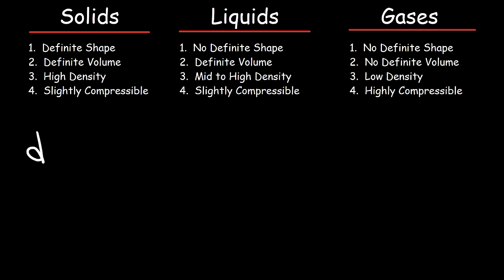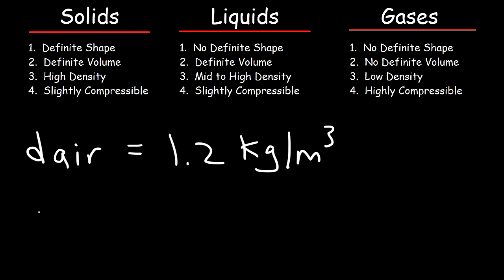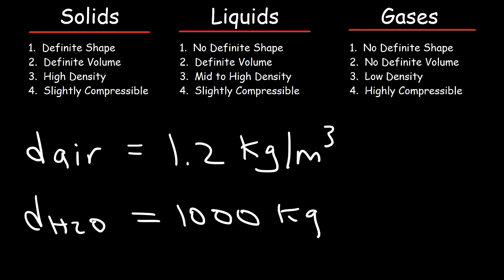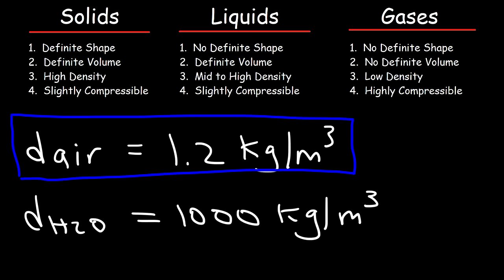Now, just to put that in perspective, the density of air at 20 degrees Celsius, it is temperature dependent, is around 1.2 kilograms per cubic meter. And if you compare the density of liquid water, it's 1,000 kilograms per cubic meter. So the density of a liquid is much higher than the density of a gas. Now, because gases have a very low density, they are highly compressible. But because solids and liquids have a fairly higher density, they're only slightly compressible. You can't compress them as much as you could with a gas,